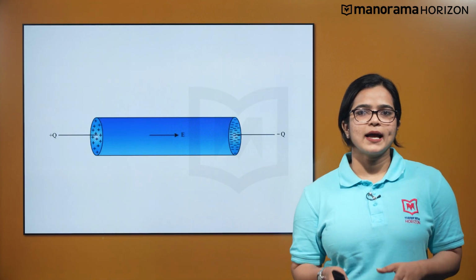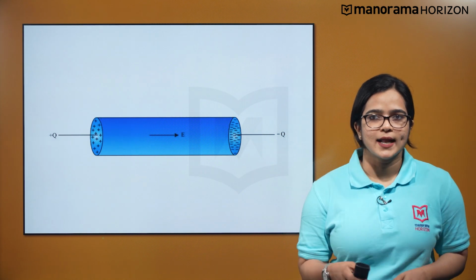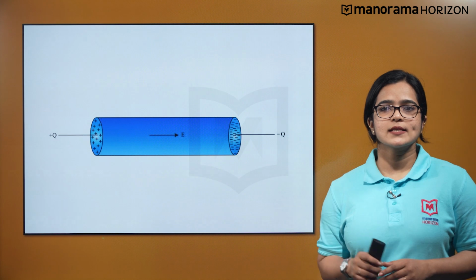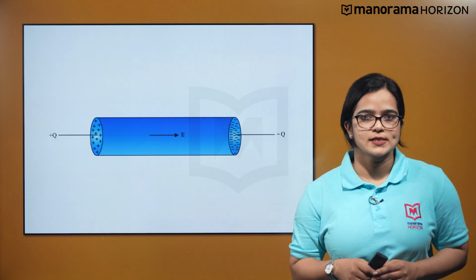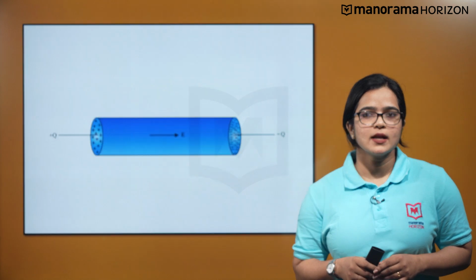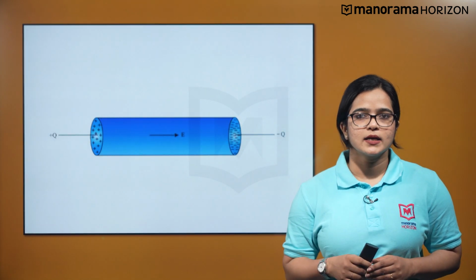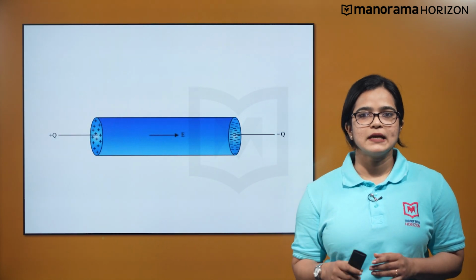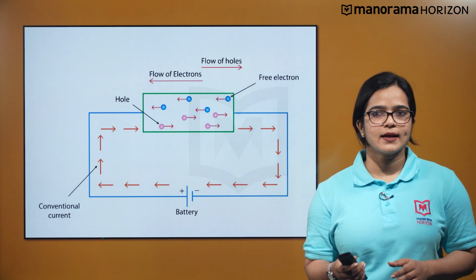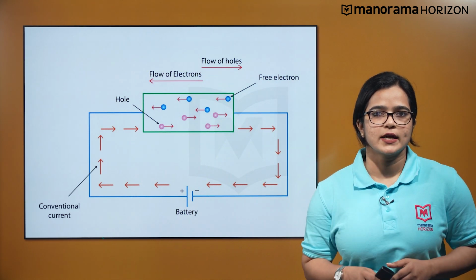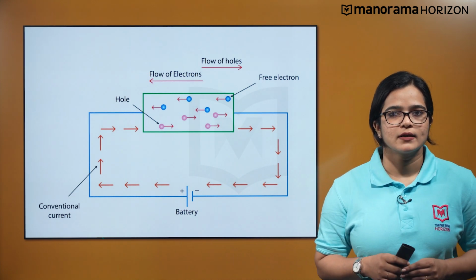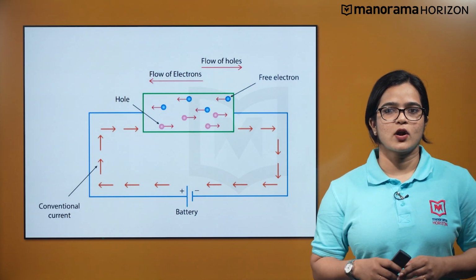Now, as we apply an electric field across the conductor, the free-flowing electrons in the conductor experience a force applied across it. Surface charges of positive and negative potential build up at the ends of the conductor, producing an electric field E. This electric field forces the electrons to accelerate from negative to positive potential along the conductor, opposite to the direction of the electric field, generating an electric current across the conductor.